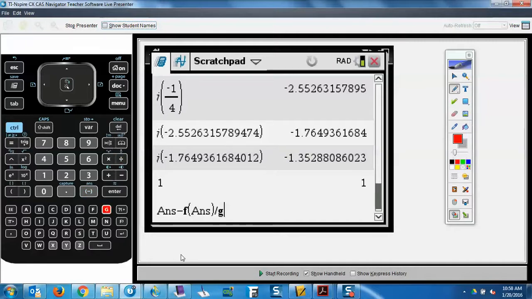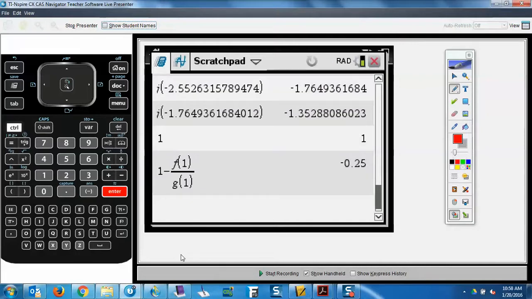Now hold it before you hit enter. Now we're going to hit control enter here so we can get a decimal. But now hang on to watch what happens here. So you go ahead and hit control enter. All right, now